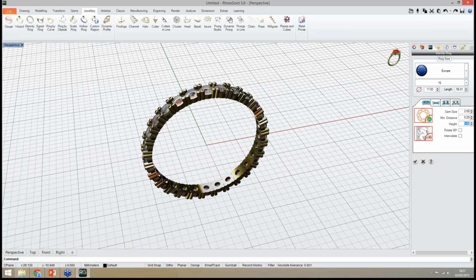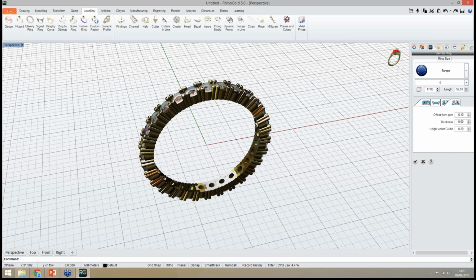So in this sample, I'm going to define some parameters. Here we have the gems. Of course, we can define any ring size. Then we can define the rails. For instance, let me define the 8. In this case, I will try 0.5.